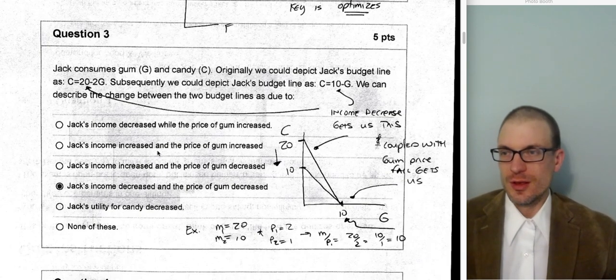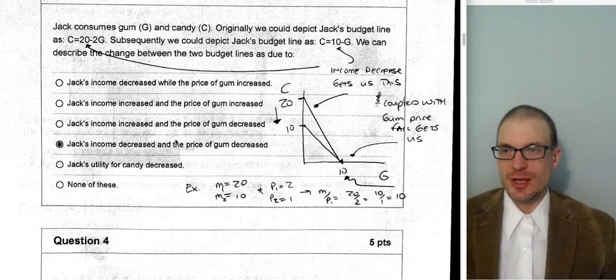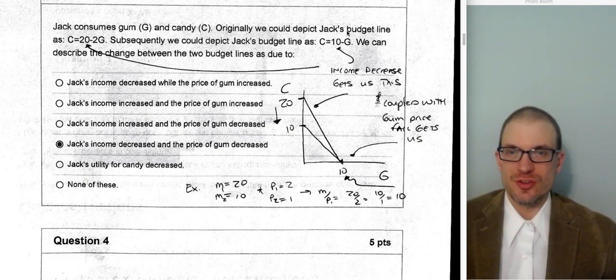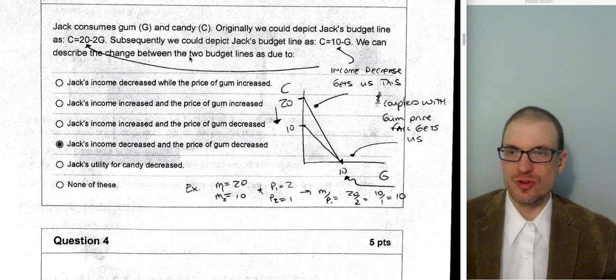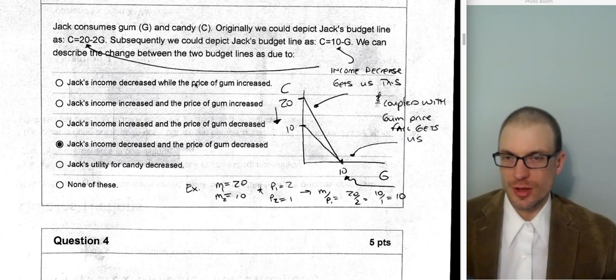All right. Question 3, Jack is consuming gum and candy. Originally, we could depict Jack's budget line as C is equal to 20 minus 2G. Subsequently, we could depict Jack's budget line as C is equal to 10 minus G. We can describe the change between the two budget lines as due to, well,